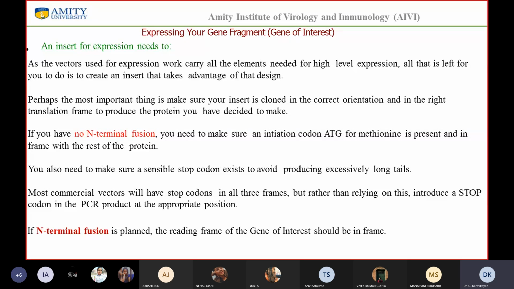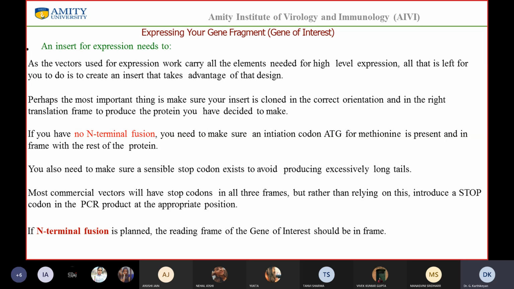do you want to have this fusion at the N terminal or at the C terminal? Okay. There are some proteins that are perfectly fine when they have an N-terminal fusion, and there are proteins that cannot tolerate fusion at the N-terminal, but they're okay with C-terminal. And there are proteins that cannot tolerate any fusion. Okay, so you have all these cases available, but in most cases,